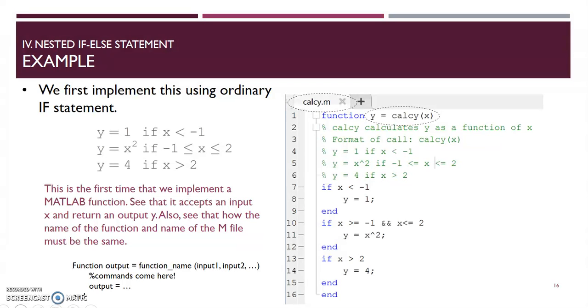Alright, let's go back to our example where we wanted to implement our function f, which we introduced a couple of slides ago. So, what is the input of our function? It is x. So, start by creating an M file similar to what we did earlier. I can press the Ctrl and N keys, or I can click on New Function in the Home tab. Then I